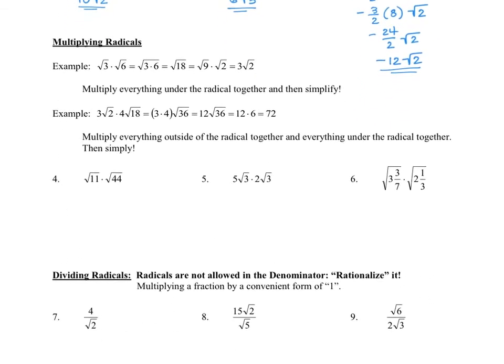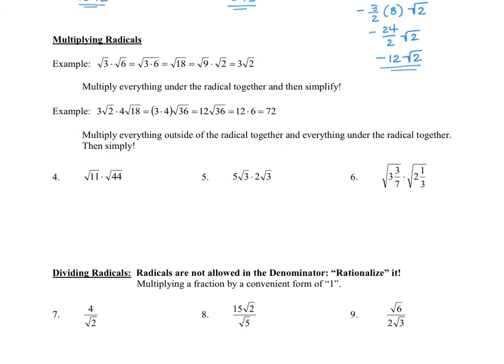When multiplying radicals, we have a couple of options. You can see in the first example that everything is under a radical. If that's the case, then we're going to multiply everything under the radical and then simplify. However, if what's under the radical can be simplified, sometimes we'll want to simplify first and then multiply. And then it'll make it look like the second example, where if there are numbers outside of the radical, then we multiply everything outside and we multiply everything inside, and